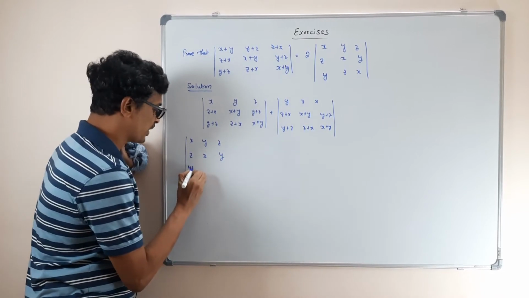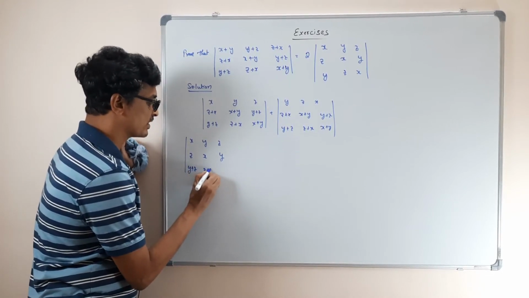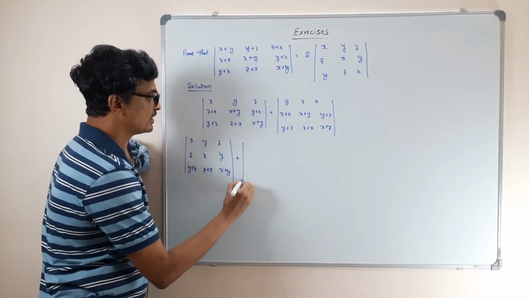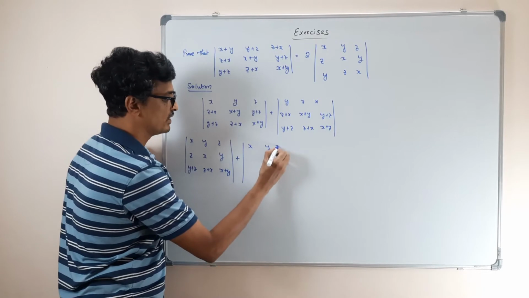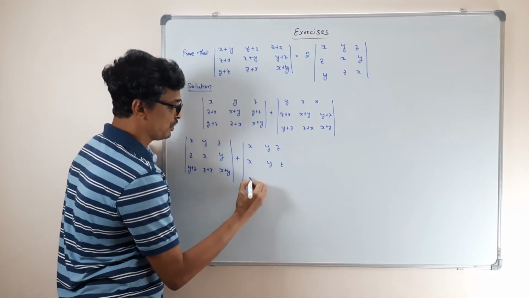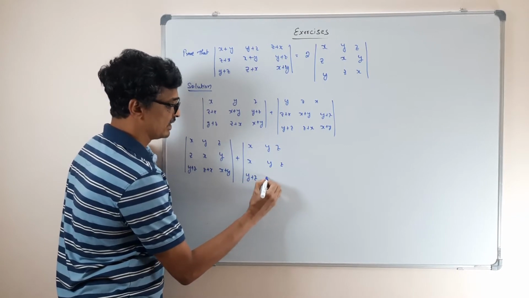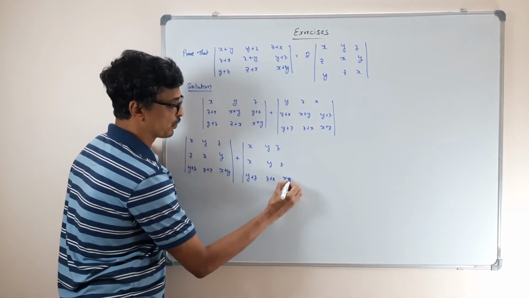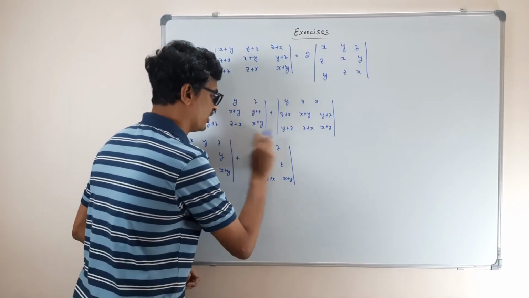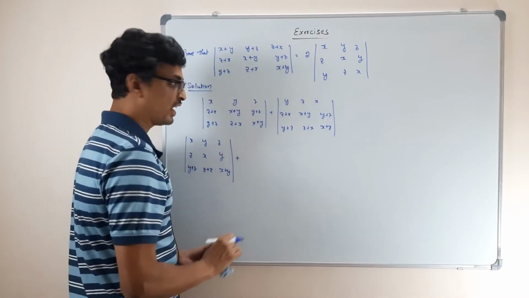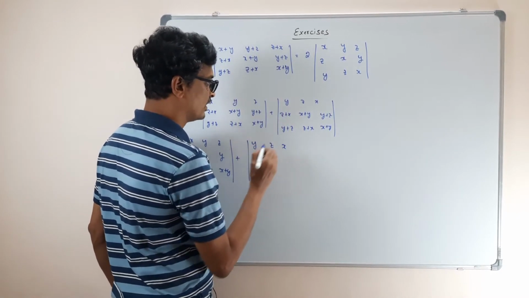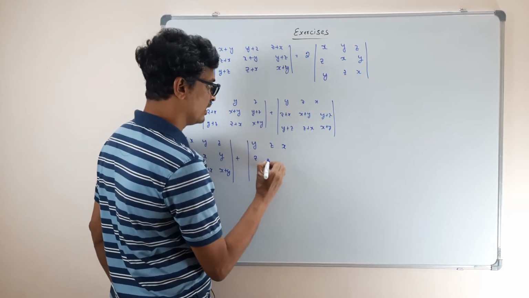And y plus z, z plus x, x plus y, and then this will be plus x, y, z, x, y, z. This goes to 0, plus z, z plus x, x plus y. So this goes to 0, right? I am just removing straight away. Okay, and this will be y, z, x. So this will be z.